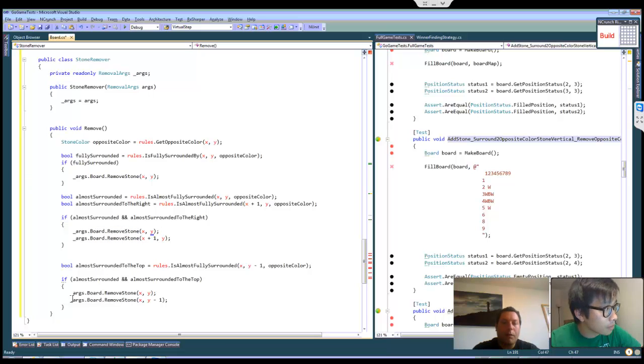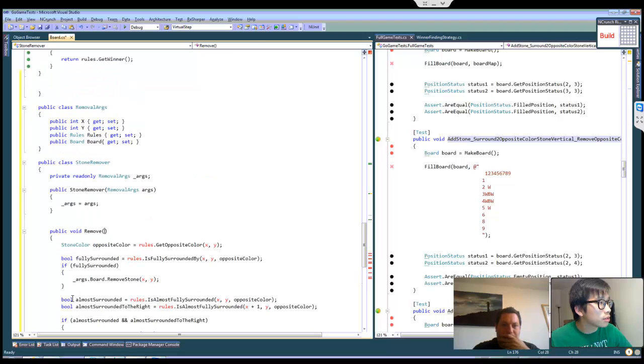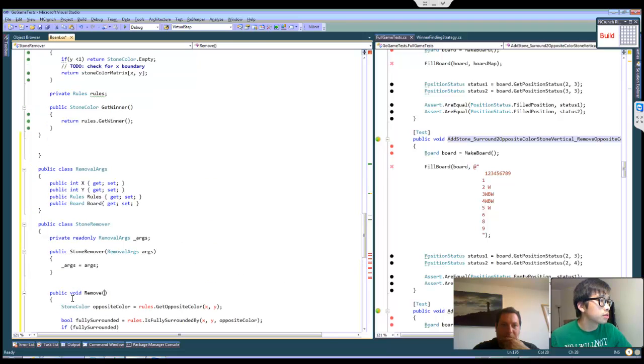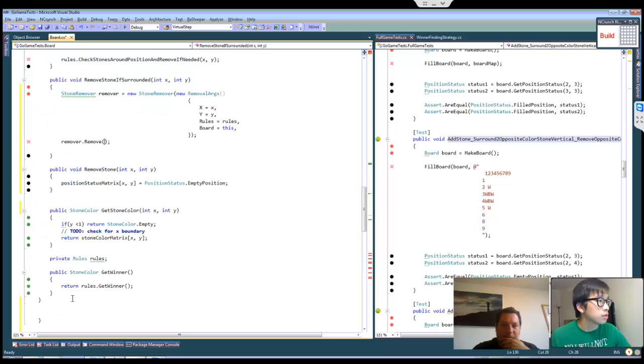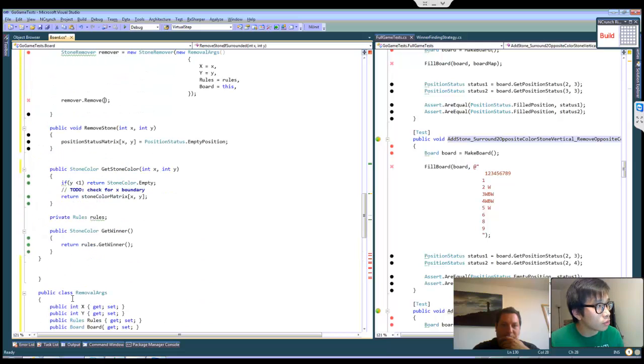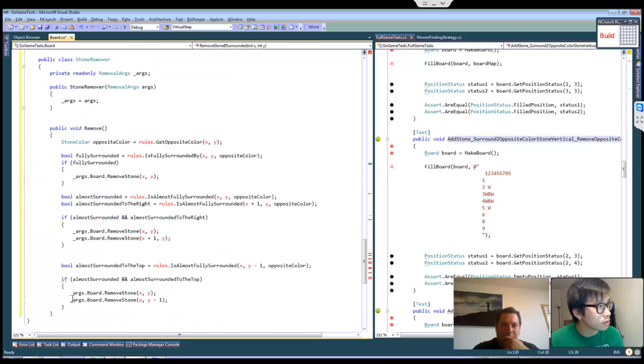Okay. Yeah, but remove takes an X and Y. No? I see. No, it doesn't. I thought it didn't. Oh, so no, you define x and y in the remover. Okay. So you're talking about args.xy. But you know what we could do to make things much easier, instead of just replacing args XY everywhere, is we can do,